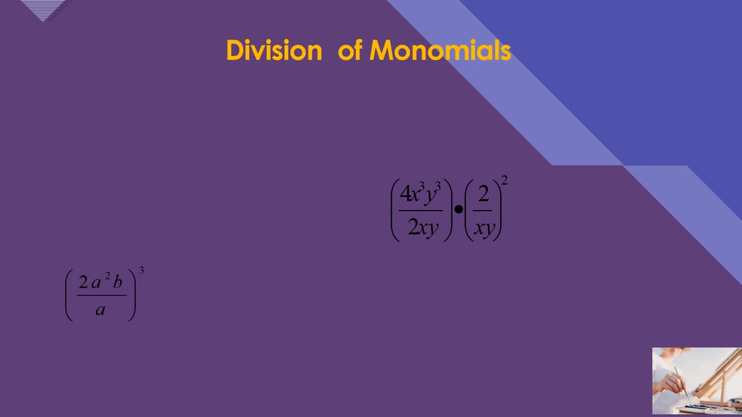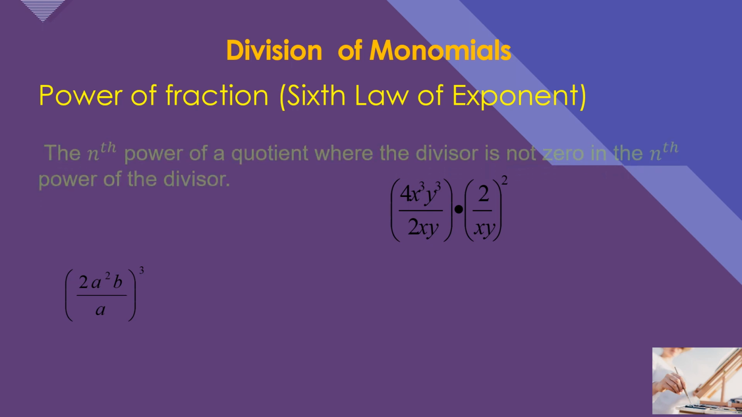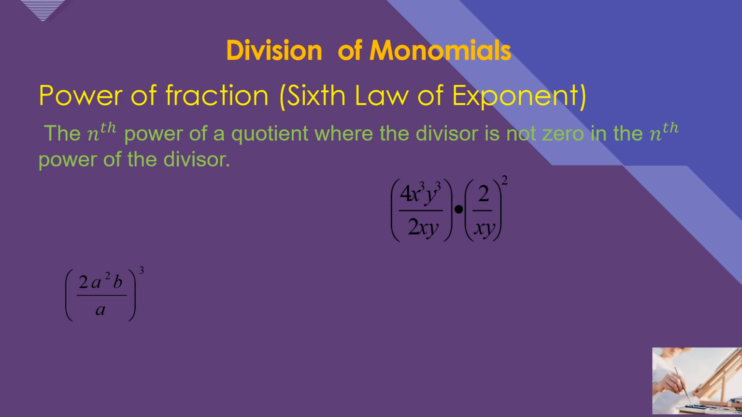Next. So let's have this. We have now the power of a quotient, or the sixth law of exponents. Here, the nth power of a quotient, where the divisor is not zero, is equal to the nth power of the dividend over the nth power of the divisor. Okay, so we have some rules to follow. For example,